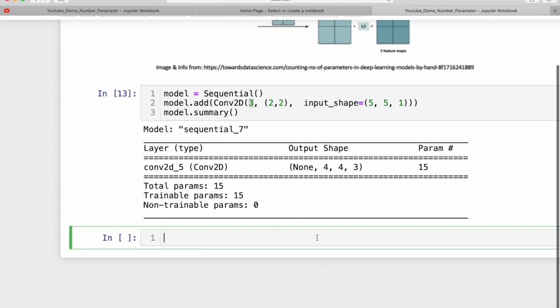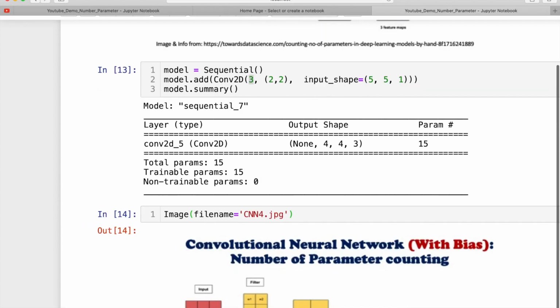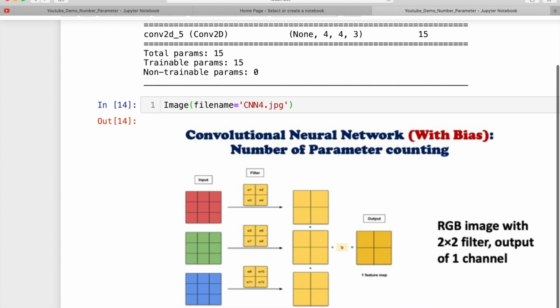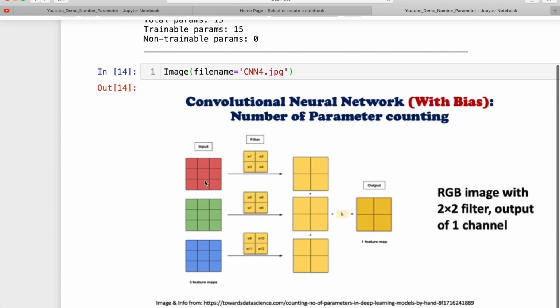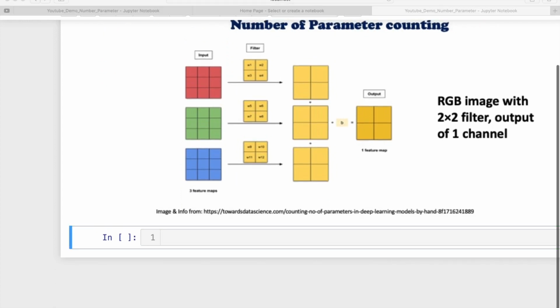Now let me take a different example. In this we have taken the color image, we have the 3 channels, and for each one we have the filter size 2 by 2. Now you tell me how many parameters should be there. It's easy. 4, 4, 4, 12 plus 1, 13, right?